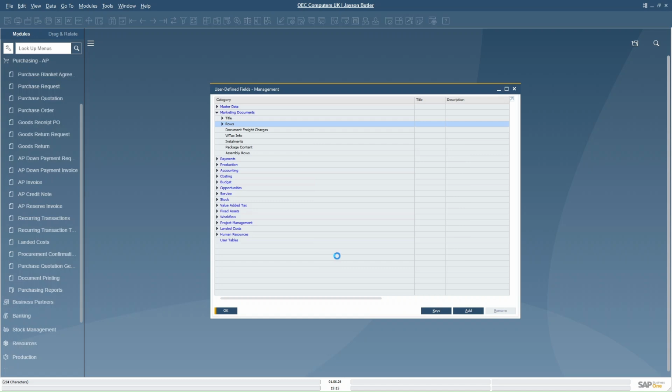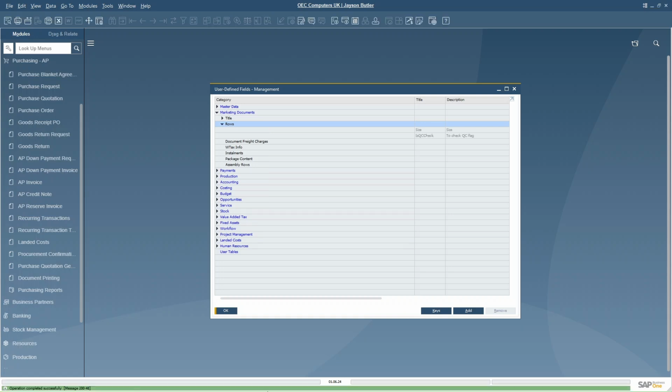Add. So now it will create a UDF in all the marketing documents at a row level, and it will only accept yes and no. So now you can see in the taskbar the UDF is getting created in all the marketing documents at a row level.